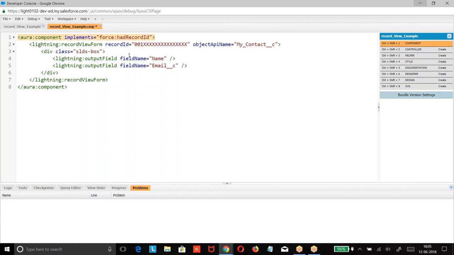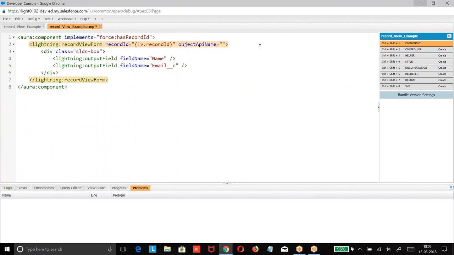That ID I am giving here. Am I right? That is hasRecordId. Spelling mistake. Okay, right. This is what we had: hasRecordId. Then what was this?